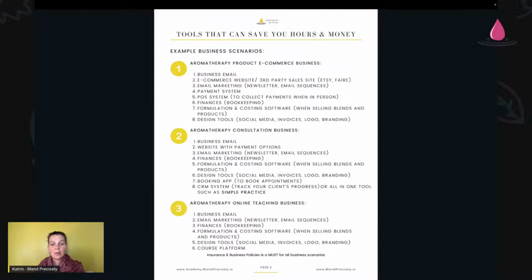So a CRM system is basically where you can log your client's progress, where you can log the information, notes you take throughout the consultation. There are great tools already out there for businesses like ours, therapy businesses. They're a little bit pricier, but they sometimes come already with a built-in booking app and also with a built-in website possibility.